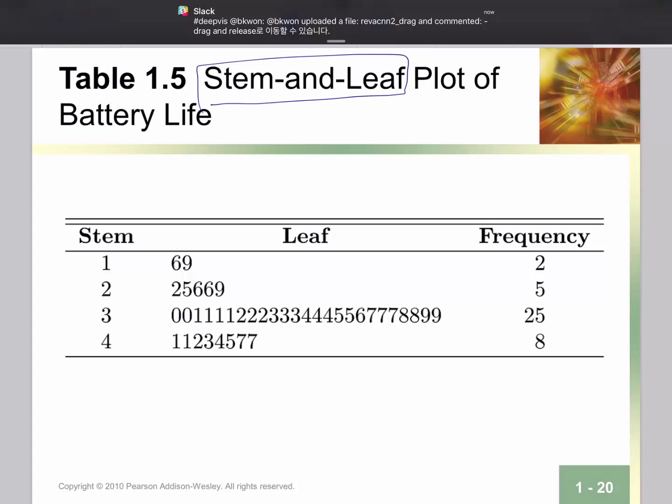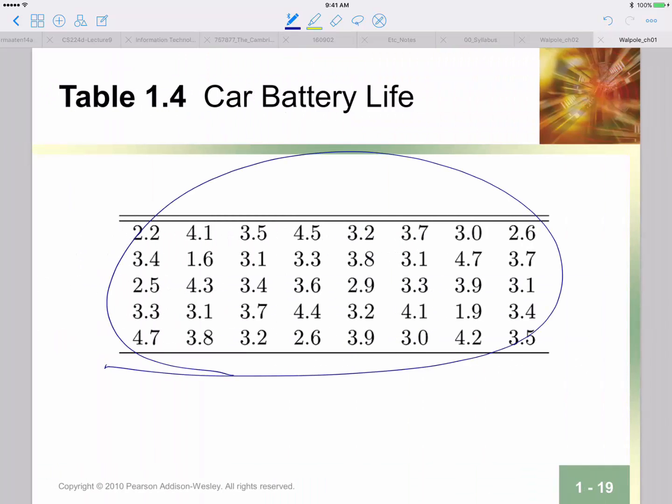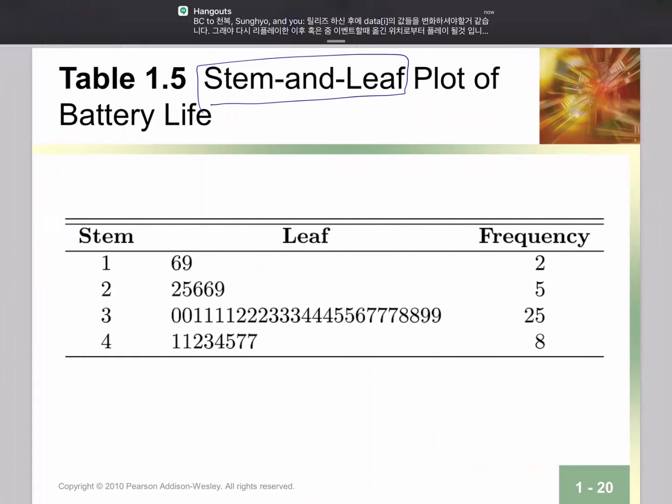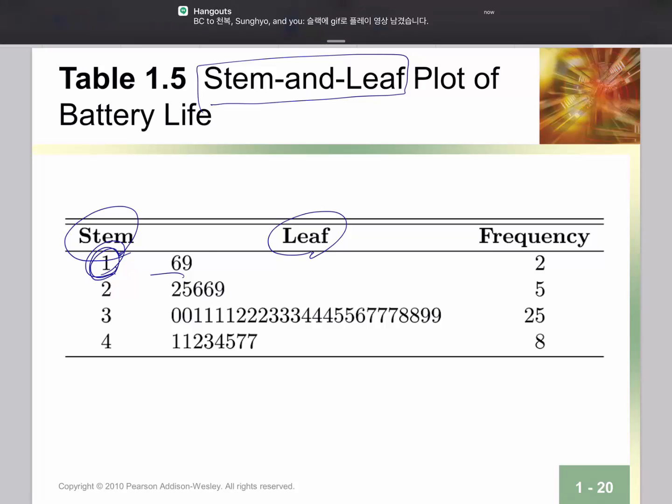So what this means is, suppose you have this amount of data, and you collect all the first digits. Okay, so the first digits will be 2, 4, 3, 4, 3, 3, 3, 2, and so on. And then it's basically binning, or you can just imagine it as a histogram. You collect all the measurements that start with 1, and that's called the stem. And then the leaf is the second number after the decimal point. Okay, so this means,